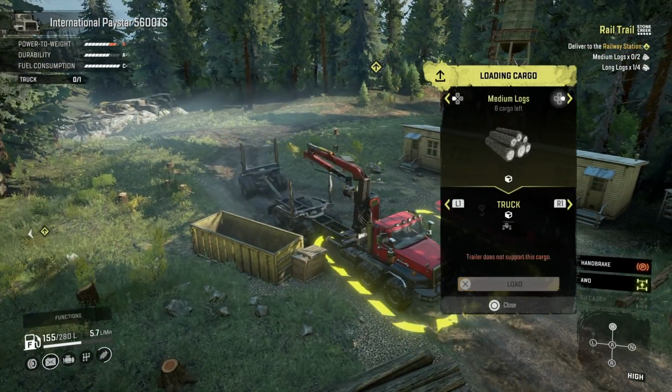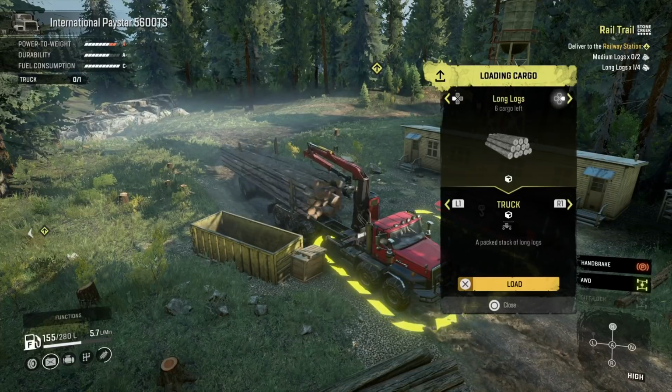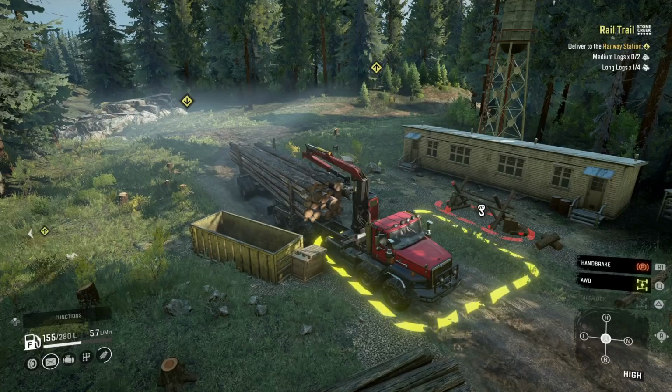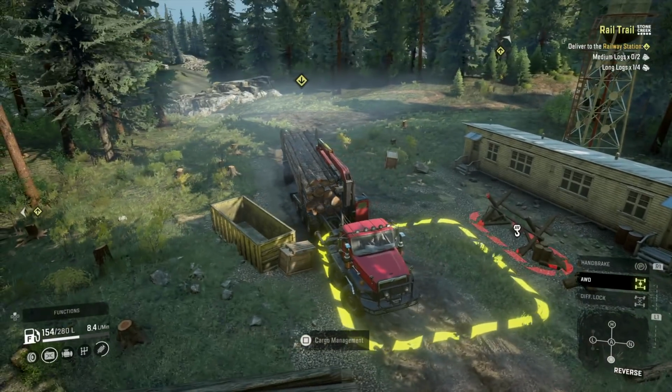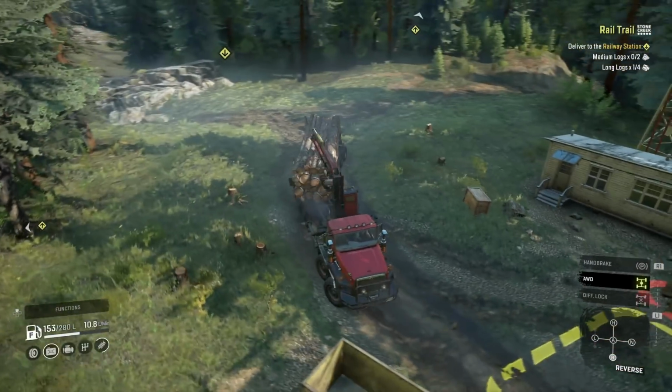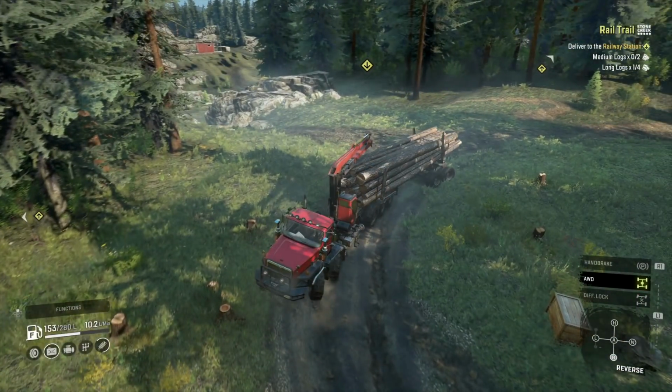So yeah, drove around here, we'll grab this one. Again, you can see that's got 6 cargo left. What I didn't realise though, when I pack that, it drops to 3 cargo. So basically, which I will do soon, some manual loading with a crane, if you ask it to drop the logs in that little red section,